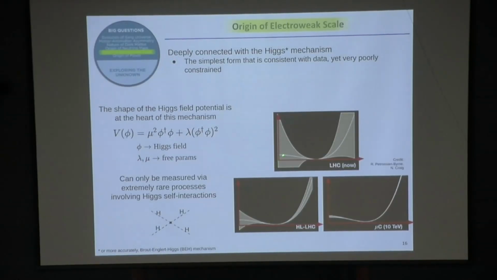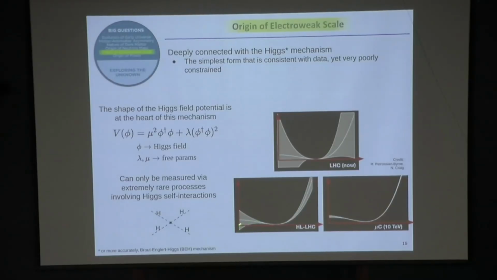So to be able to work, this potential has to have a very specific shape, which is this white line. And in particular, critically, it has to have a minimum which is away from zero. The bands show how well we constrain this measurement right now at the LHC. So you see that many different potential forms are possible and may be very different from the simplest possible form. It turns out that measuring this is extremely difficult because it involves very rare processes that only happen at the very highest energies. And in fact, even by the end of the LHC program, the bands will be our uncertainty on this measurement.